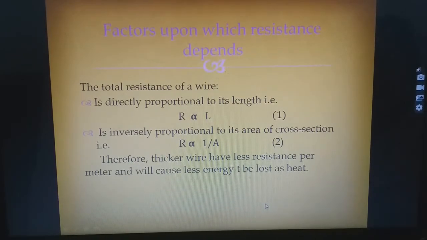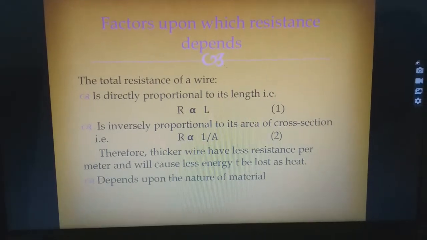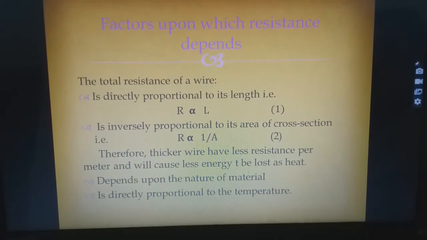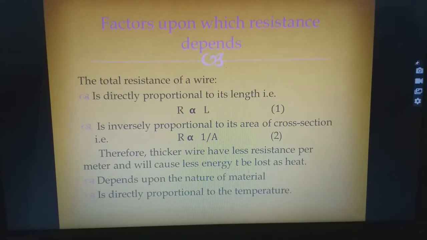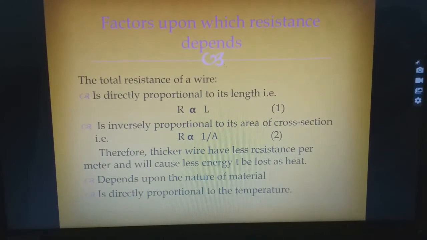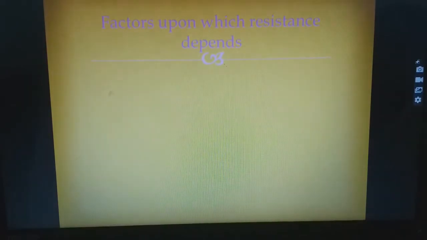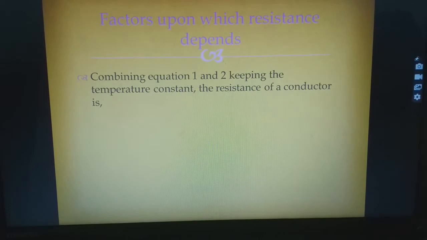It also depends upon the nature of the material. The resistance depends upon the nature of the material, and it is directly proportional to the temperature. The higher the temperature, the more the resistance. Alright. Combining equations 1 and 2, keeping the temperature constant, the resistance of a conductor is given by this relation,